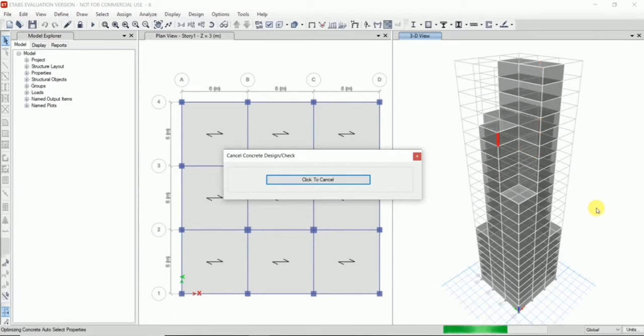Once the design is completed, the software asks our permission to reiterate the analysis and design for the failed members. So we will click on yes to perform a reiteration. Because we have defined the auto select options for beams and columns, the software automatically performs the analysis and design process for new frame sections.